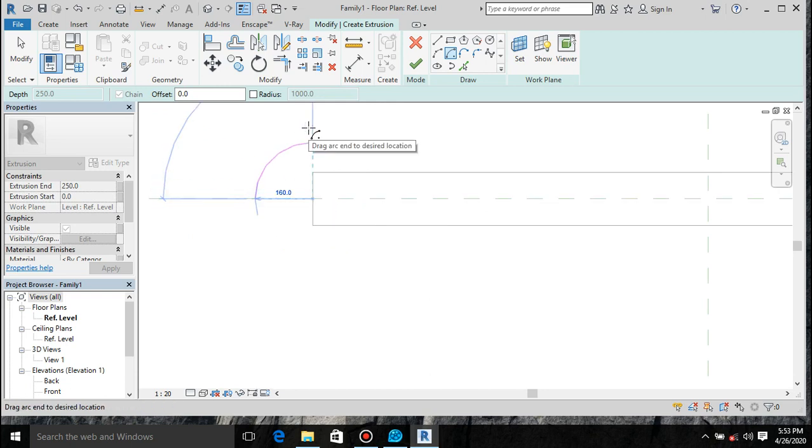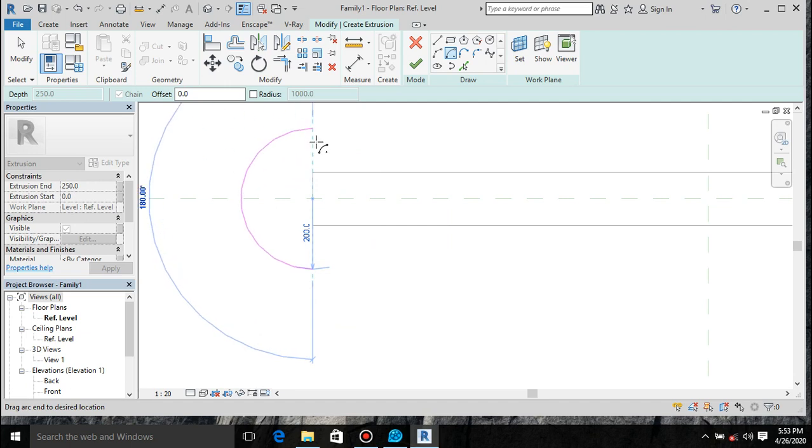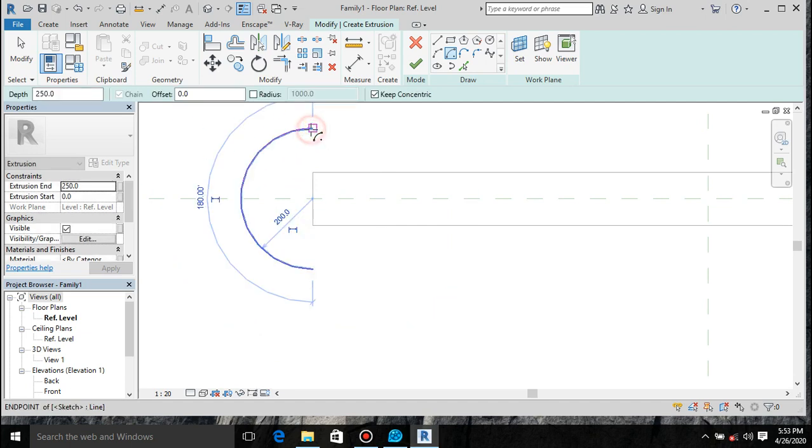Oopsie, I kind of used the wrong position. Let's make it 250. No, 250 is a bit too much. Out of 200, I think 200 should be okay. And then let me make it this way, and then line to